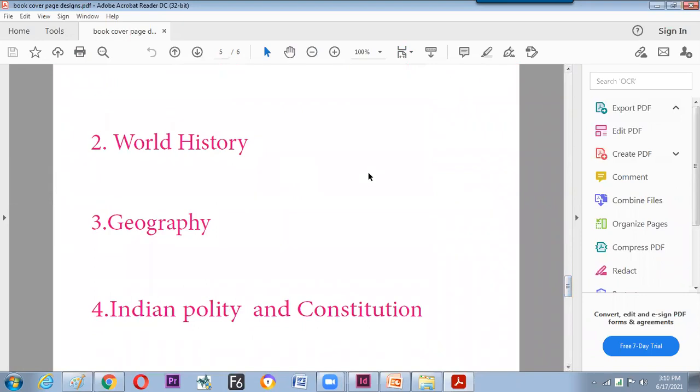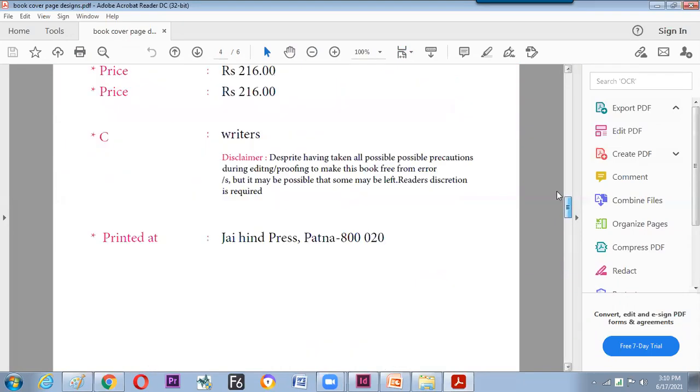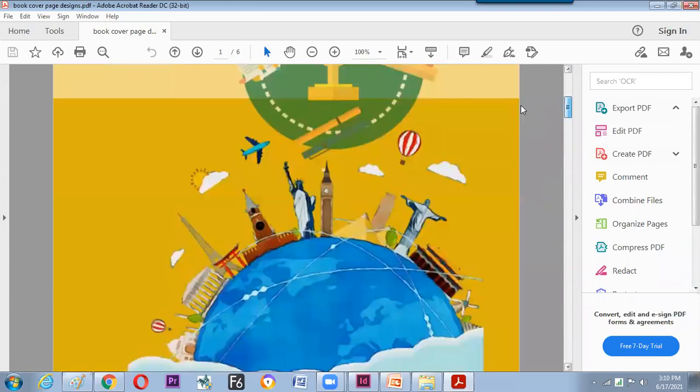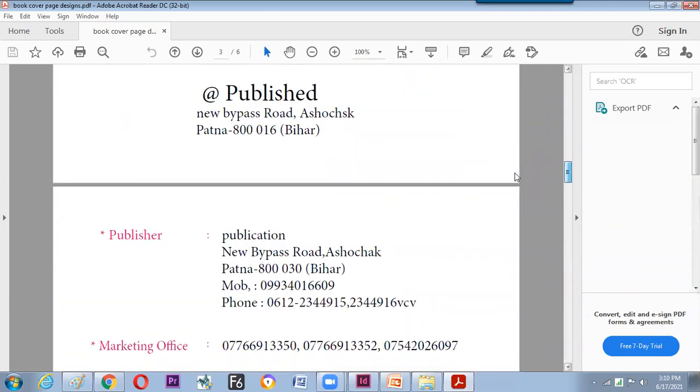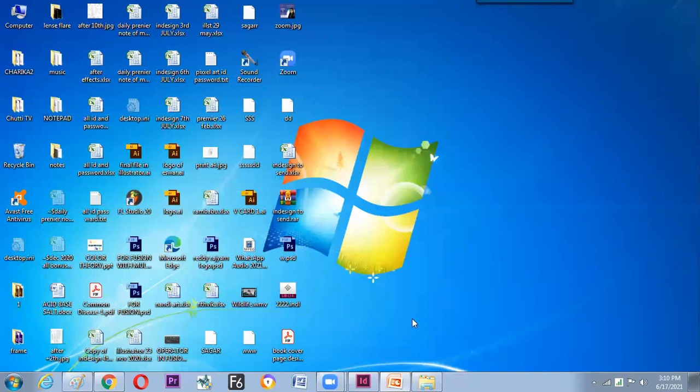Yes, a table of contents is something we'll be learning in a further session. But yes, we have seen one cover page design, then the number of pages, and the contents inside it. Yes, this is what was expected, and we can go now to the next level. Thanks. Anyone doing anything, you can send it to me on the WhatsApp number, so we can review and give it back to you.